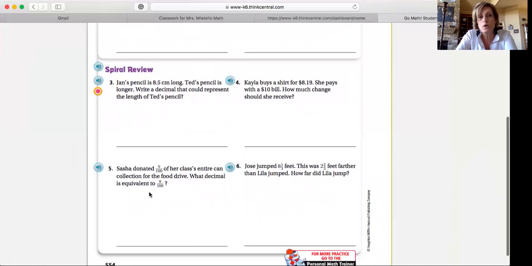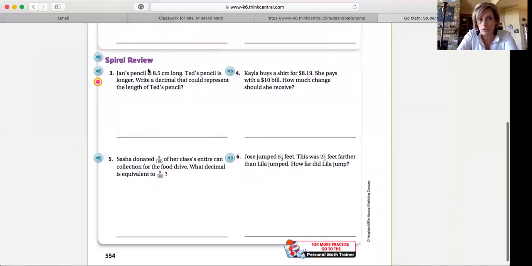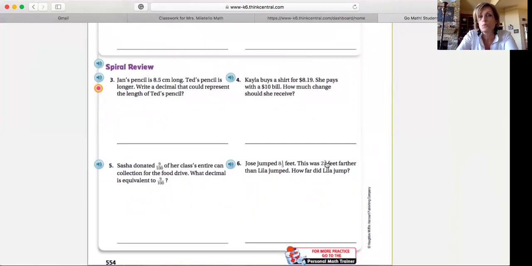Okay, these 4 problems are all review, spiral review, right? See that right there? That's the clue to help you know that these are review problems. They're not going to be about lines, rays, and angles anymore. They're going to be about other things that we've learned about over the course of this school year. Okay,